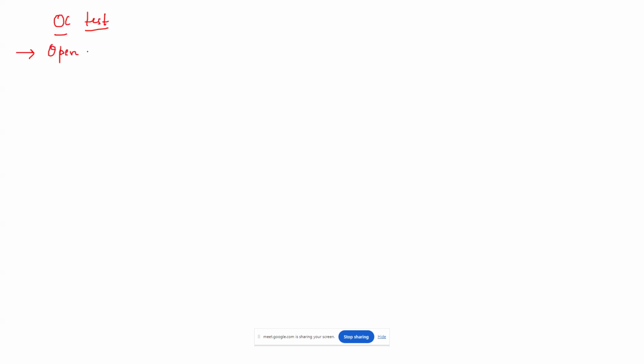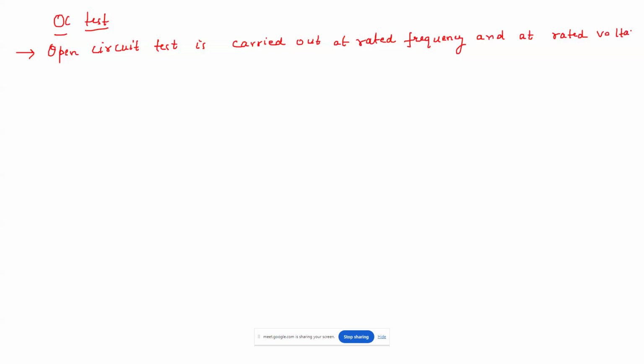The open circuit test is carried out at rated frequency and at rated voltage to determine the core loss. The core loss thus determined